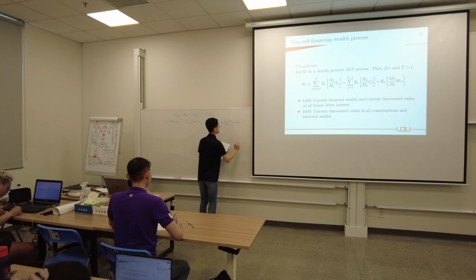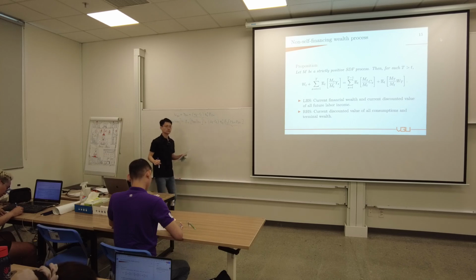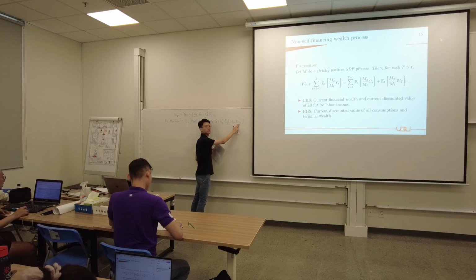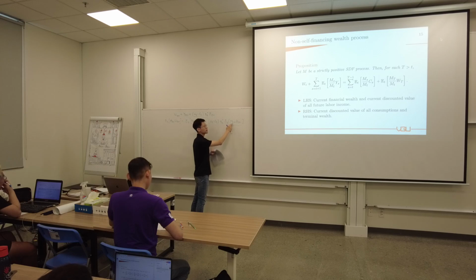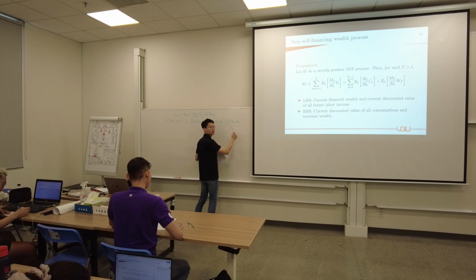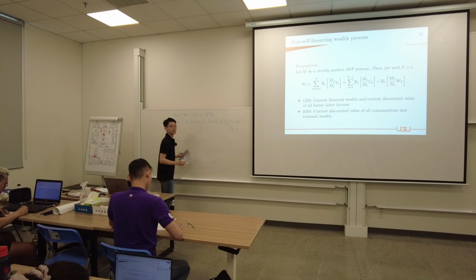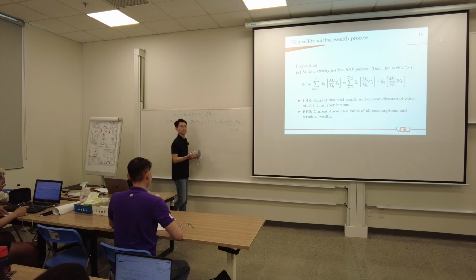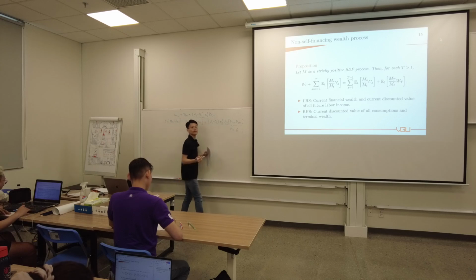So what is this term? We are pricing the return at time tau plus 1 using M tau plus 1, conditional on time tau information. By the definition of the SDF process, this becomes M tau times 1. And we have a pi tau here. It is just some portfolio, and some portfolio times 1 becomes 1.